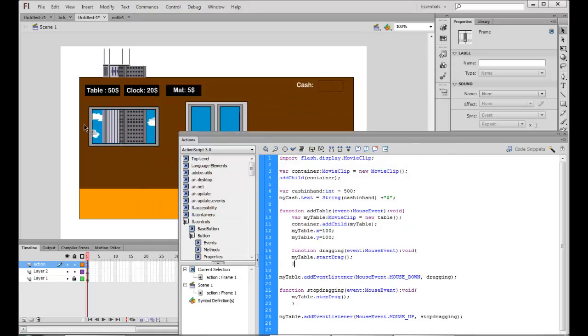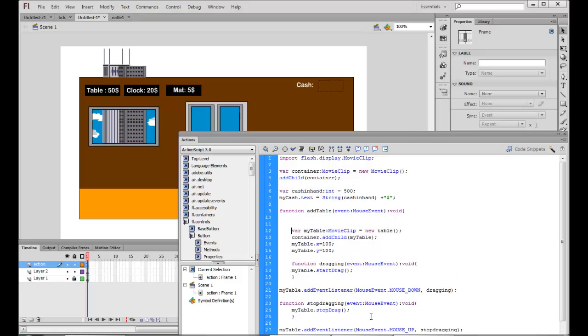Now I want to be able to add my table only if the cash available is more than $50 or equal to $50. So for that, what I will do is I will first check whether my cash in hand is more than the value wanted.